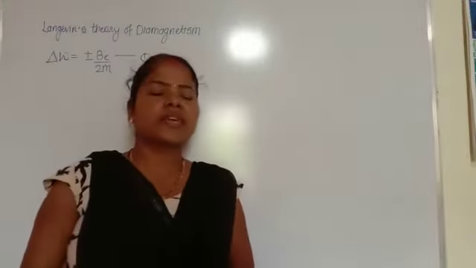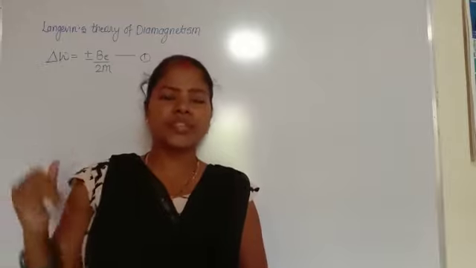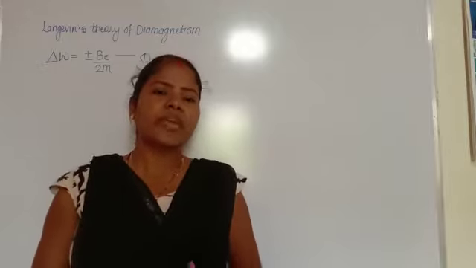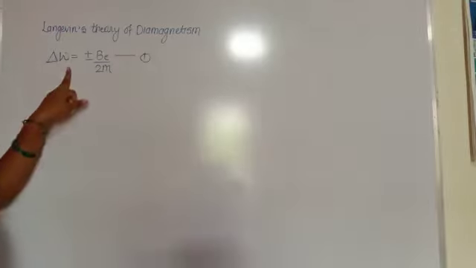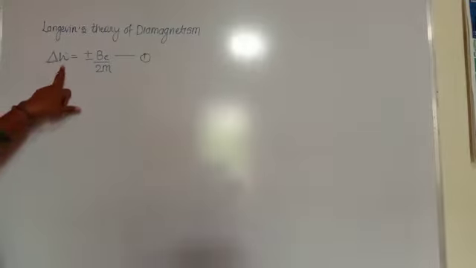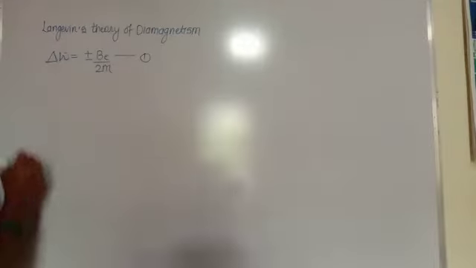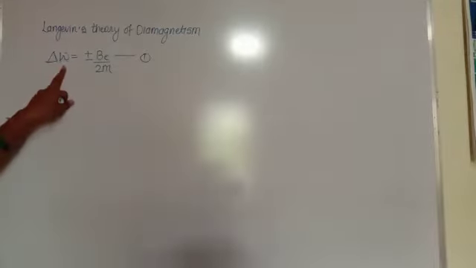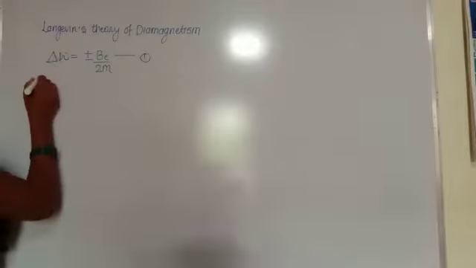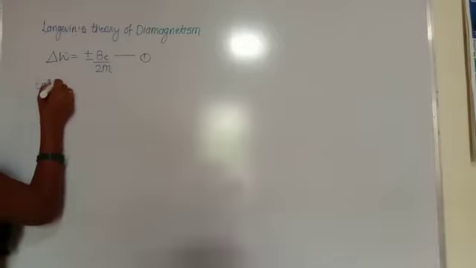Hello, in the last class we saw part of the Langevin theory of diamagnetism, and in that expression we have derived delta omega equals plus or minus B by 2m. That is the first equation. Delta omega is the change in the angular frequency when the diamagnetic substance is placed in an external magnetic field. So from that equation first, it shows that